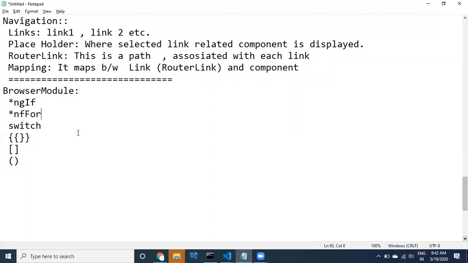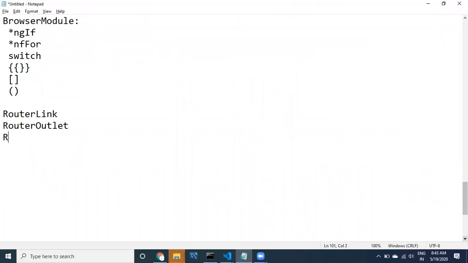All right guys, I'm going to tell you more details about browser module and common module in the latter part of the course. But now, today I want to use the routerLink attribute, and router outlet, and the router object.